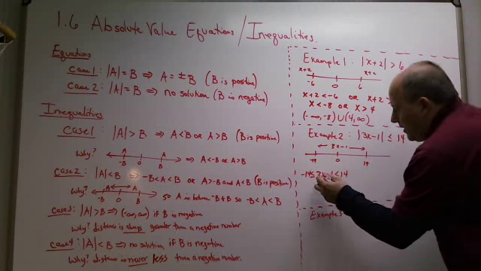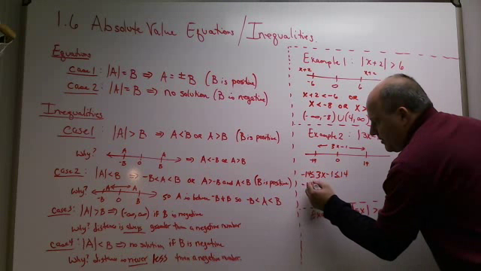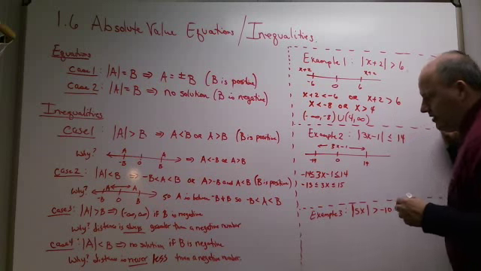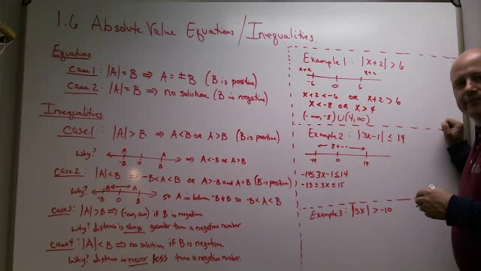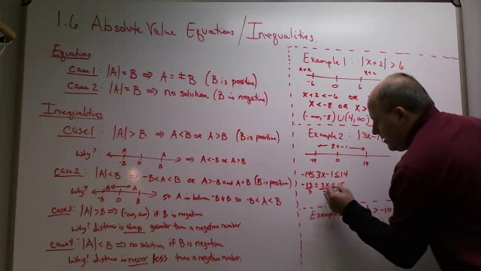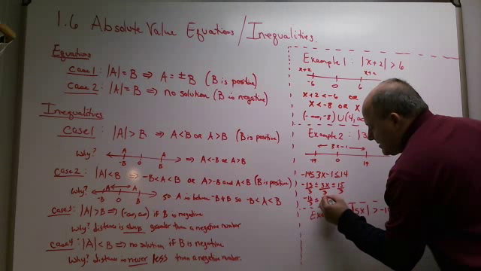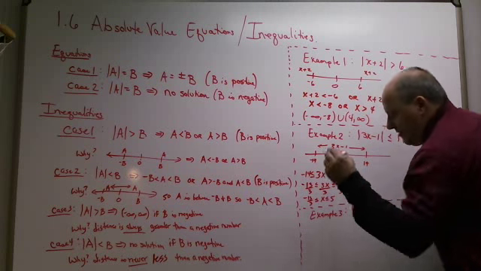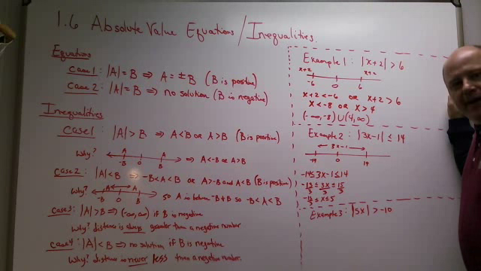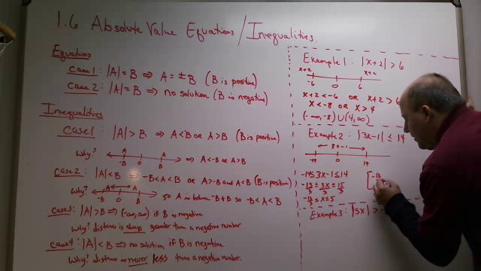So then we add 1 to everything. So I'm trying to isolate the x is what I'm trying to do. So it's -13 less than or equal to 3x less than or equal to 15, because I'm adding 1 to everything. And then what do you think? Divide by 3 to get to isolate the x. So divide by 3. So it's -13 over 3 less than or equal to x less than or equal to 15 divided by 3 is 5. So x is in between the -13 thirds and 5. But in these brackets, because we include that number,